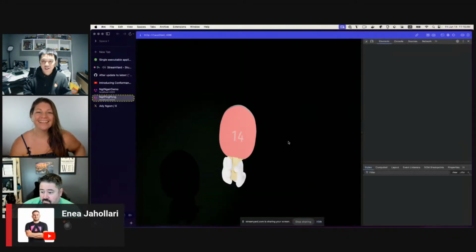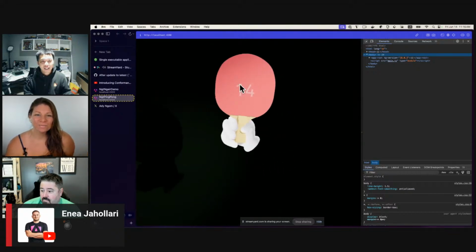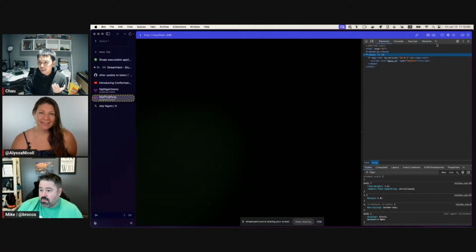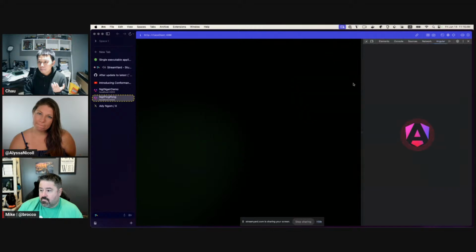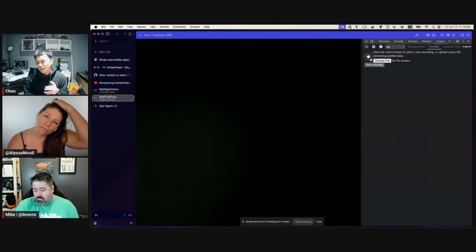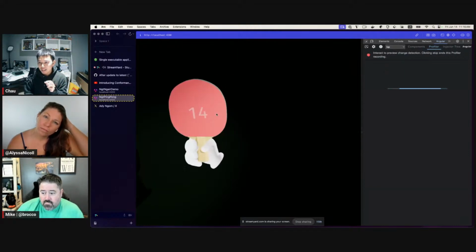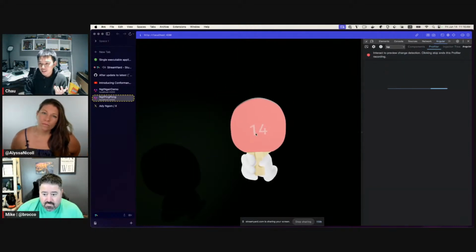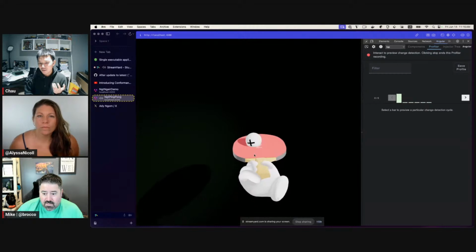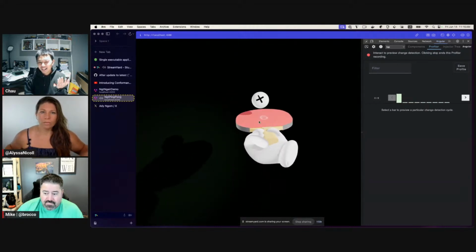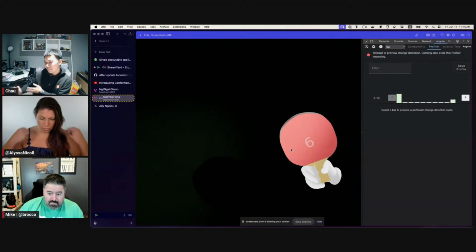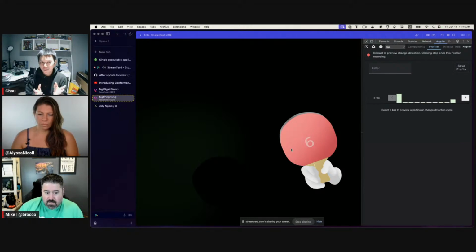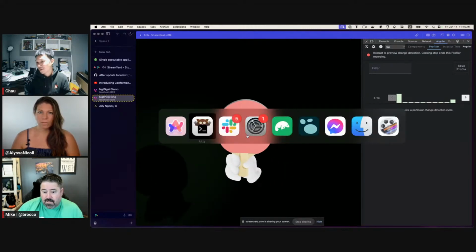Anyway, let's just show that even though the game is running and the animation is running, we can use the profiler with the Angular DevTools to see that no change detection is actually running until we change the state. To keep track of the scores, when the game is over, we update the state. So only those trigger change detection, and those are driven by signals. And let's show the code.